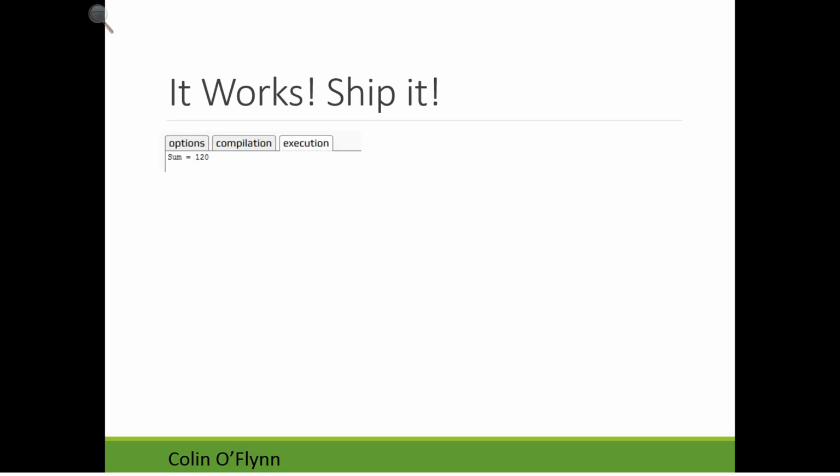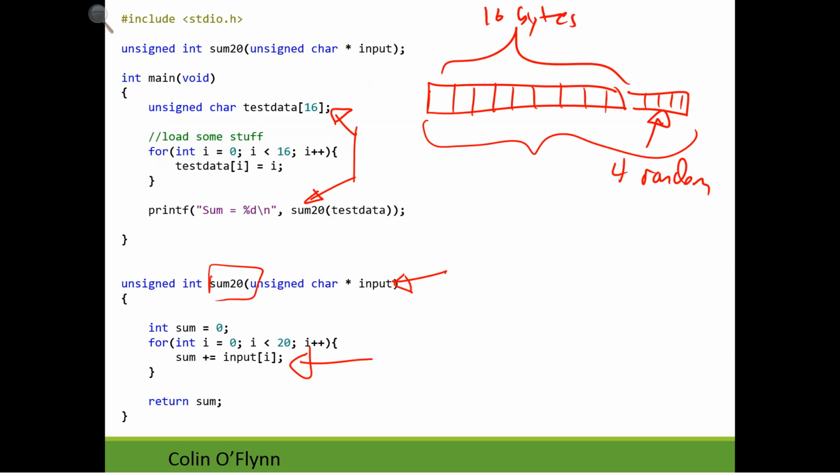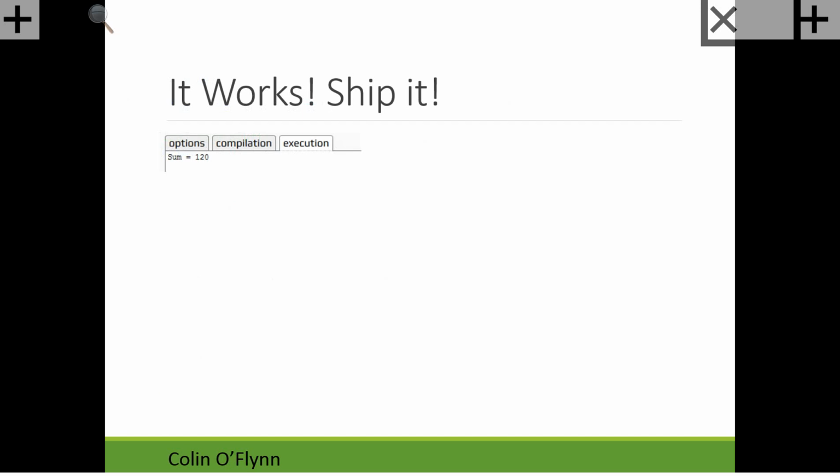If we can find those problems, it's going to save you a lot of hassle, because this won't always work. It worked in this case because these random bytes were 0, but there's no guarantee of that. After a while, those bytes could have data in them, and then it throws my sum off. So how we're going to fix this